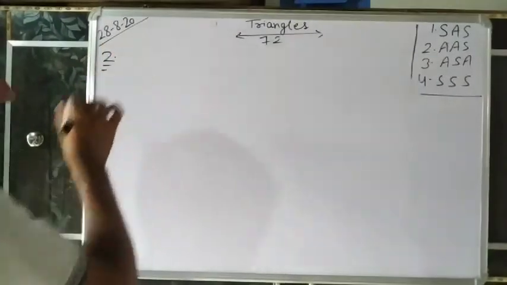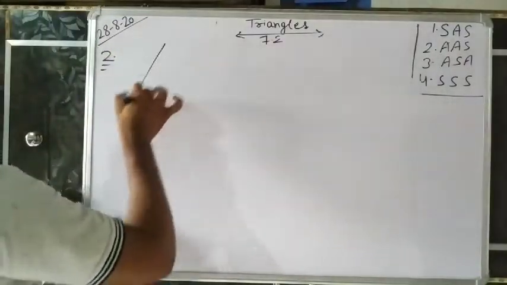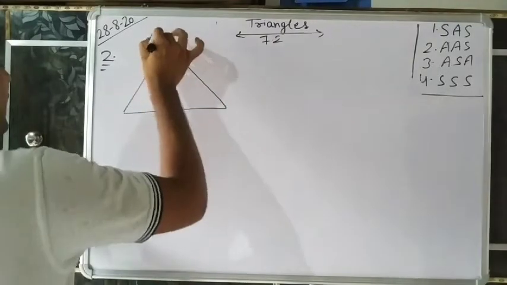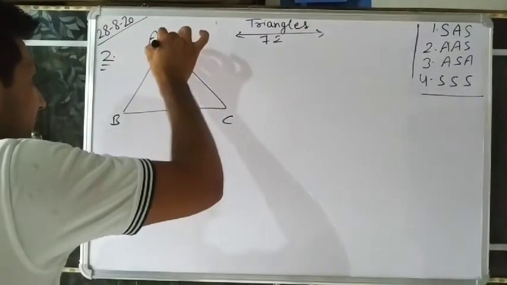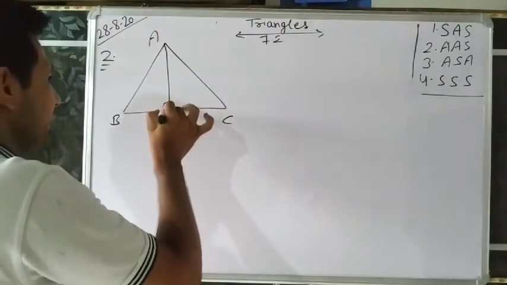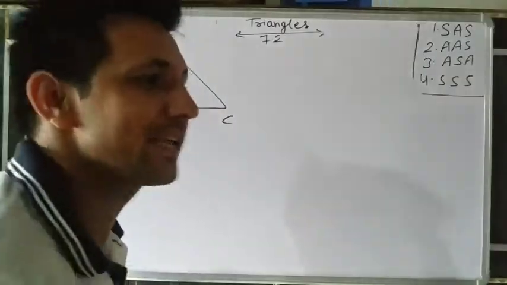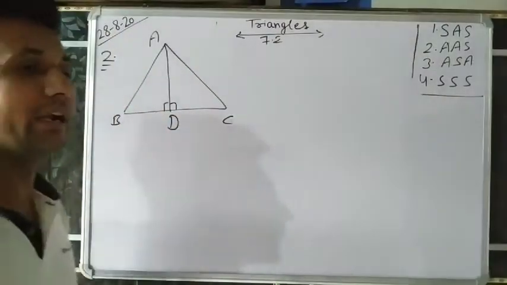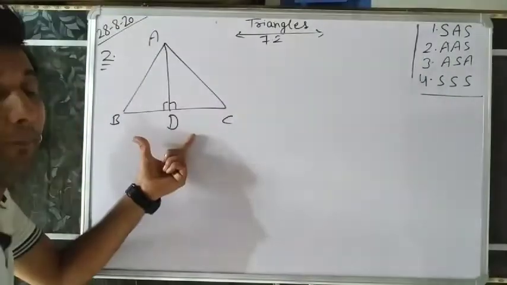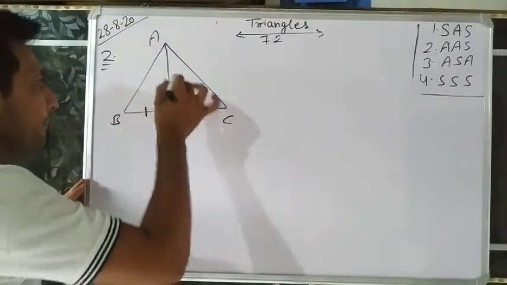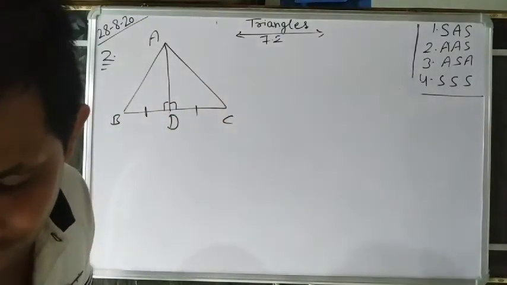Second question. Read first. In triangle ABC, AD is perpendicular. Perpendicular means 90 degrees. AD is the perpendicular bisector, and bisector means divide into two equal parts. Whose perpendicular bisector? BC. It means BC is divided into two equal parts, BD equals DC. AD is the perpendicular bisector of BC. So show that